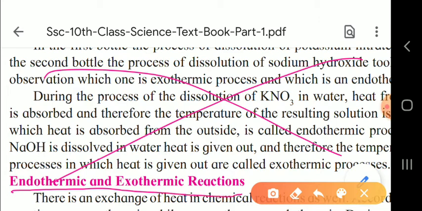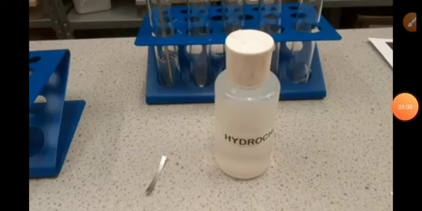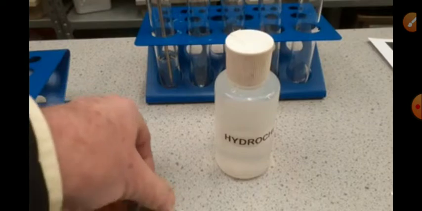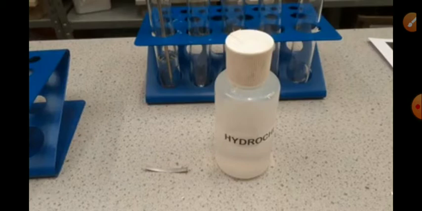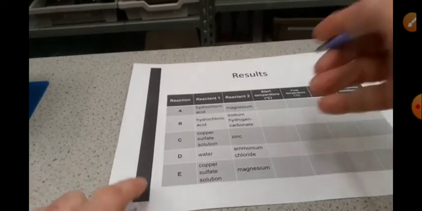So now we have to see this process. Before that, I already told you what endothermic and exothermic reactions are. Just watch a video, children. This is the first reaction we will see, between hydrogen chloride and magnesium ribbon. Just see how the reaction is taking place. Every time we have to check the temperature. According to that we have to consider which reaction is exothermic and which reaction is endothermic. We have to write whatever result we are getting.